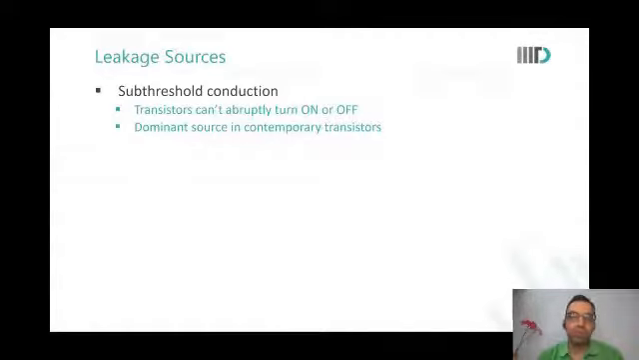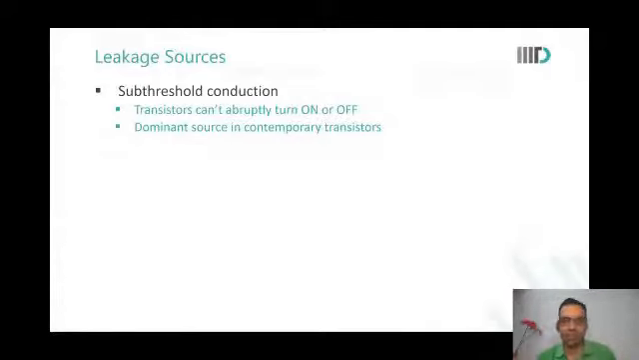So there was a question as to what causes this leakage and so on. There are multiple sources of leakage. The first and most important source is subthreshold conduction. What does it mean? It says that transistors cannot abruptly turn off. So it does not happen that as soon as you go below VT, the transistor is completely off. We saw that IDS